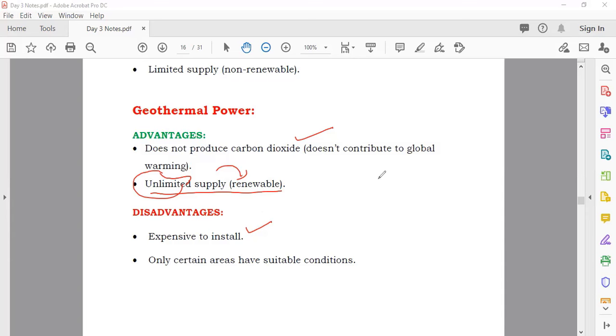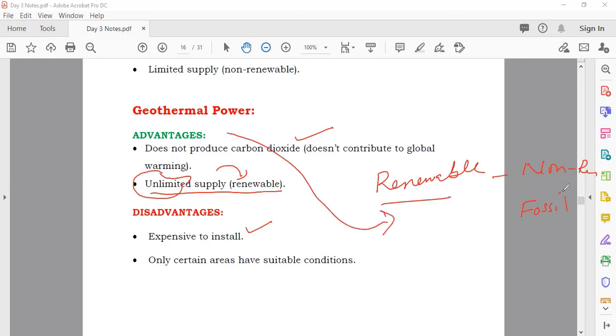Okay, so you have two things: renewable and non-renewable. Fossil fuels come under non-renewable, as we discussed. In all the others, and now we're discussing geothermal, it comes under renewable. When you're talking about it here, unlimited supply means that they are renewable. You can use it again and again. Fossil fuels have limited quantity, because in some